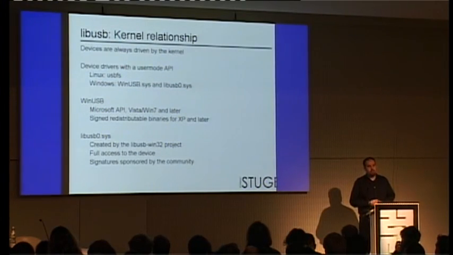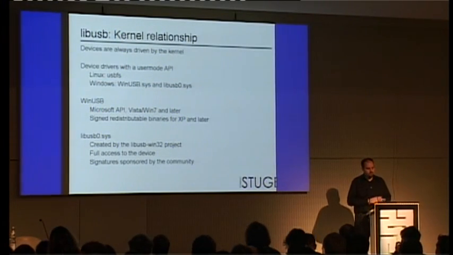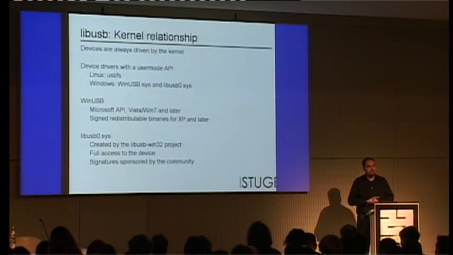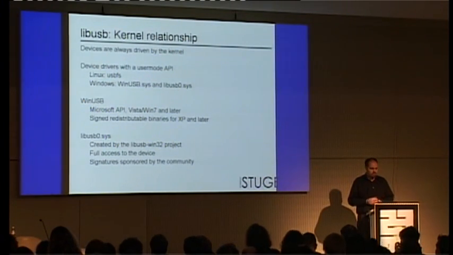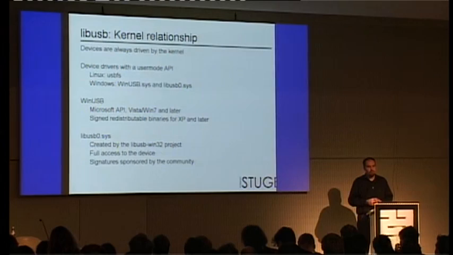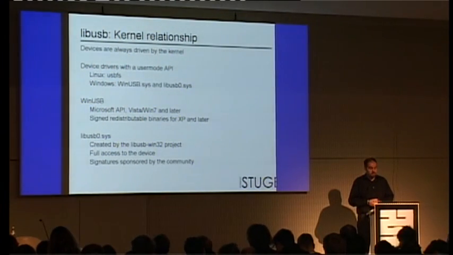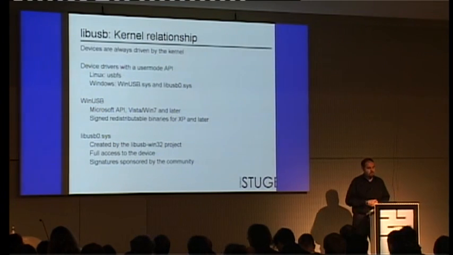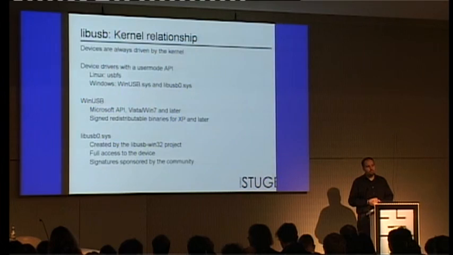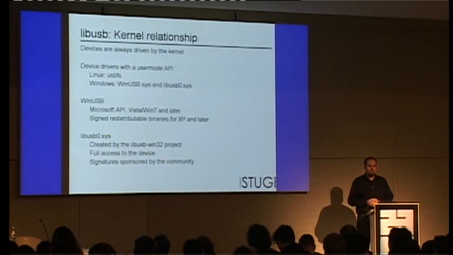Also check out libwdi, which is also mentioned on the libusb.org page, if you want to do this driver control, driver installation stuff on Windows. Really nice library for that. And libusb0.sys is the kernel driver from the libusb-win32 project, which is still very much relevant because a